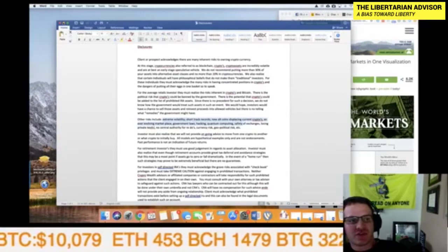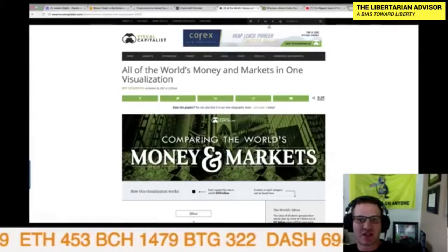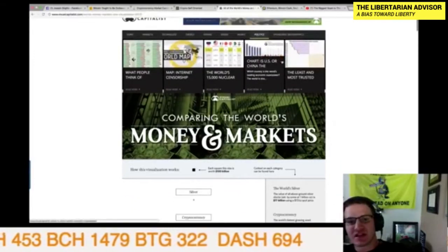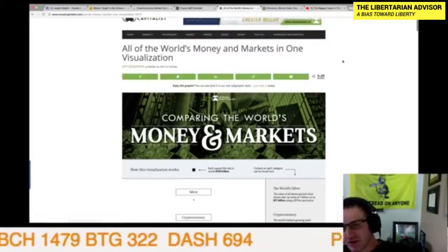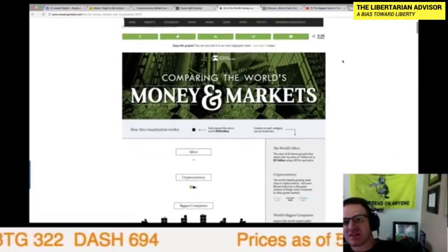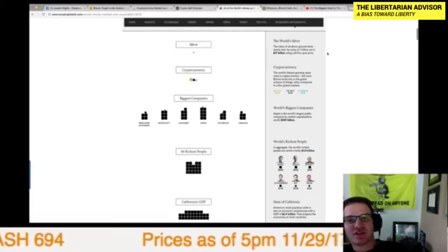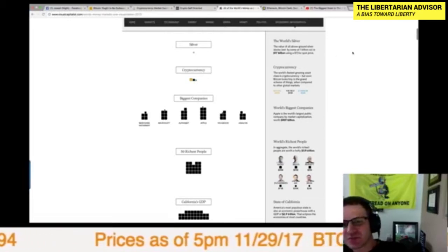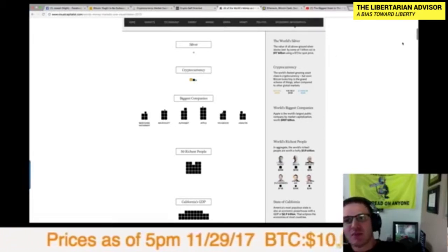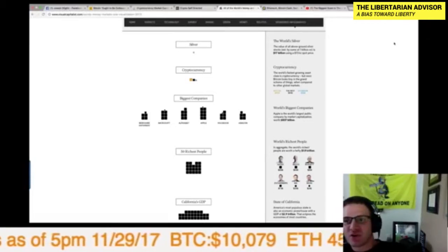proposition. And what I really fear now is that there's people who are going to be getting into this because they think it's a way to make a lot of money, not because they are philosophical libertarians, not because they're anarcho-capitalists, not because they think the system is rigged, simply because they think it's an avenue to make a lot of money. And I think that some of those people who are getting into it for that attitude might end up losing a lot, because this is going to be highly volatile, especially once